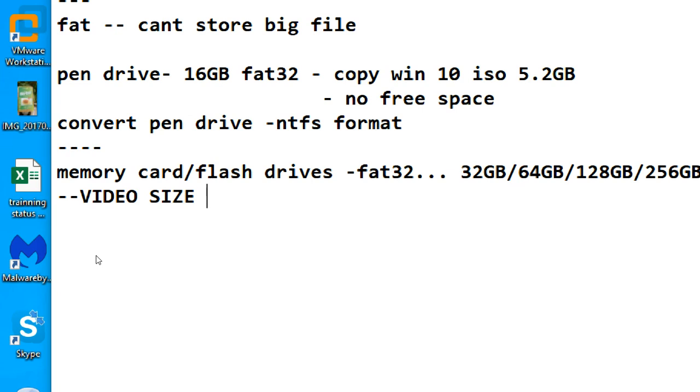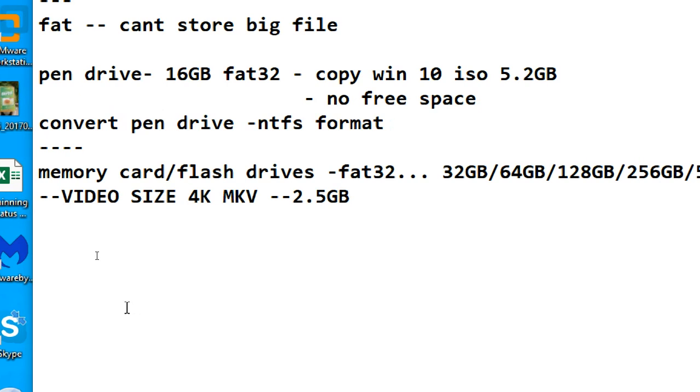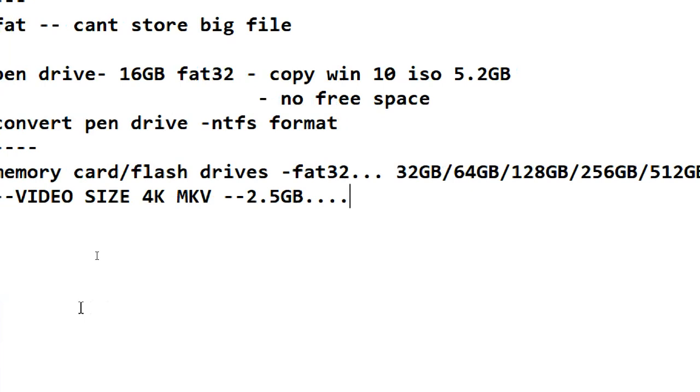A single large video, like 4K videos, 4K display mobile phones are there, 4K videos, MKV files, full HD or that kind of mobile file. So big in size, sometimes 2.5 GB, 1.5 GB, 1 GB, 4 GB, different sizes we are getting.